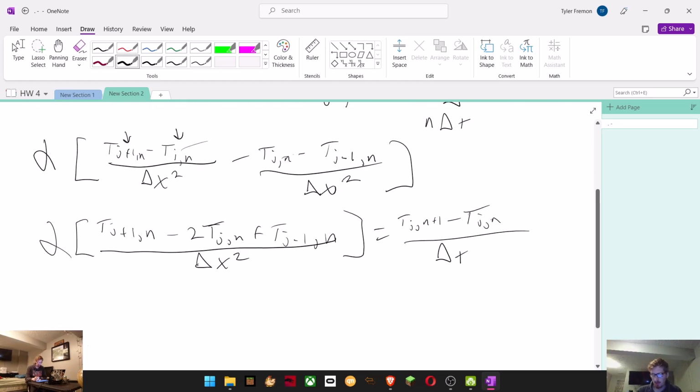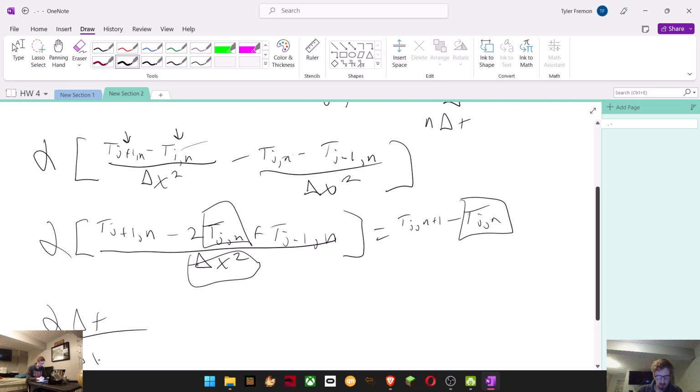And then from there we can multiply this across this delta t, so we're going to have alpha delta t, and then this term here is the same as these two terms, so we'll multiply that across. Or you know what, let's just move this denominator out of there. So delta x squared. This is the r that I mentioned before. So we can just rewrite this as r Tj plus 1 comma n minus 1 minus 1 plus,